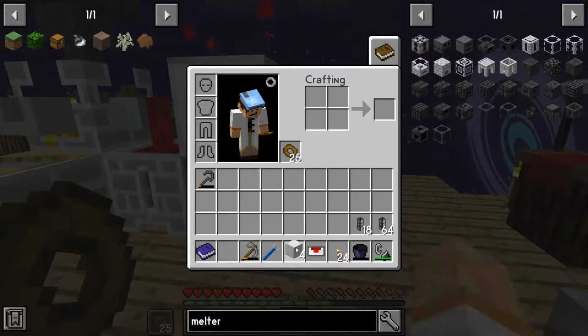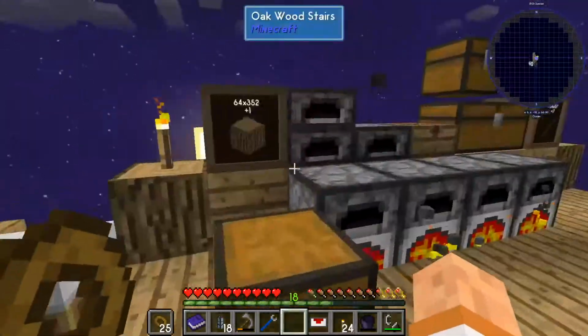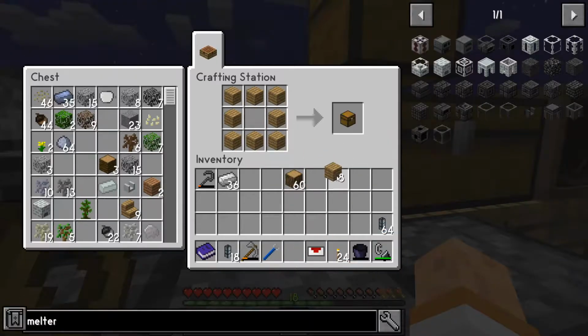Alright, we got some iron. We'll need some of that. Alright, so what's going to happen? We need to make a couple things here. I need wood. I put all the wood away, but I need some wood. Alright, so we need a chest like this. Alright, and the chest is going to have...